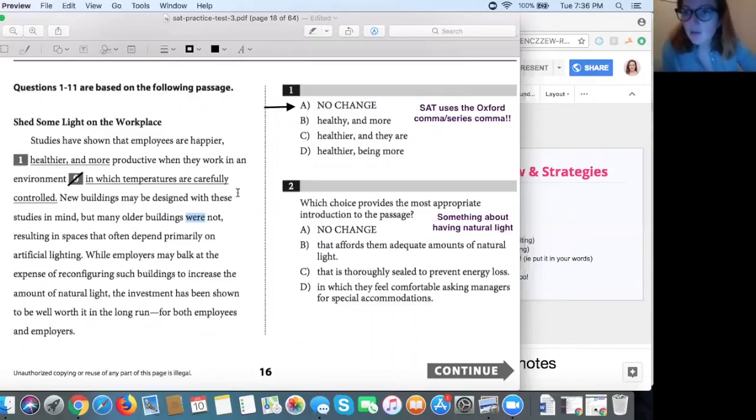So if I were saying, I'm going to the store and I'm going to buy apples, bananas, and oranges. If I were writing in a non-Oxford comma style list, I would say bananas, comma, apples, and oranges. But because, and that is sort of stylistically right. But with the Oxford comma or the series comma, you break up all the different things so that I could say, I'm going to buy,